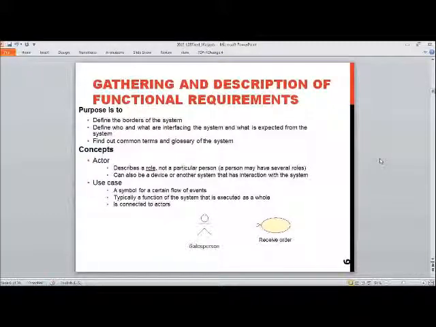So basically, identify the actors, get their roles, identify use cases,